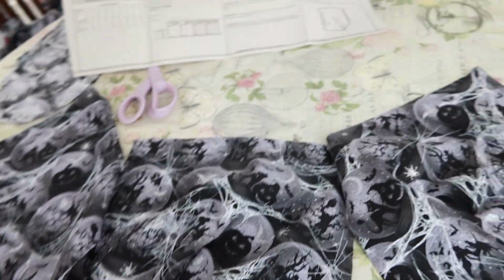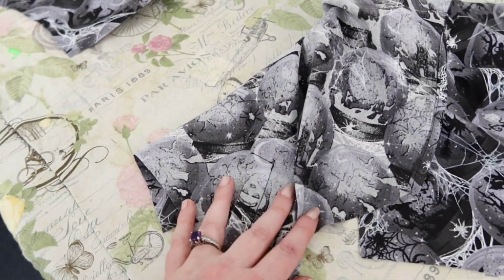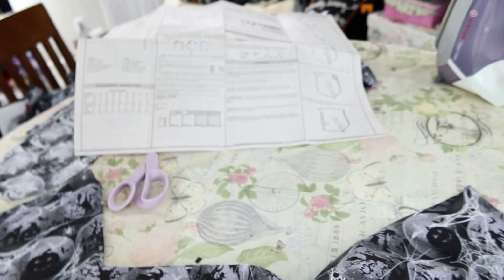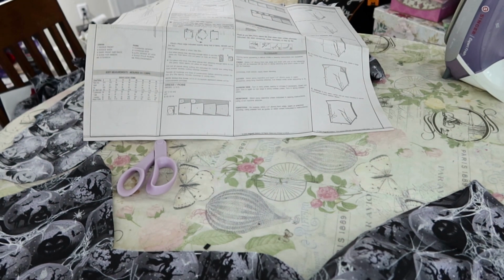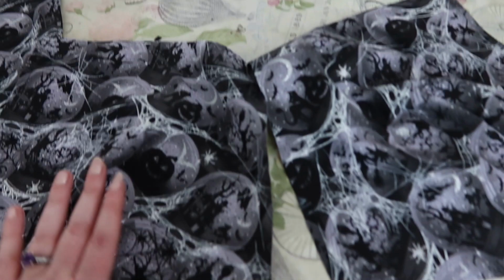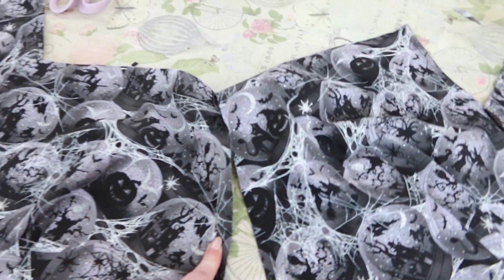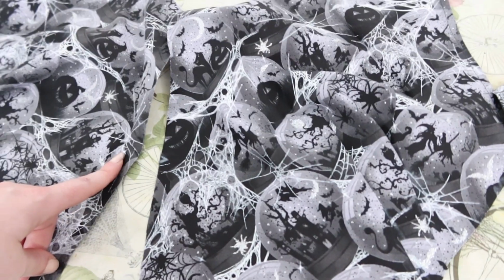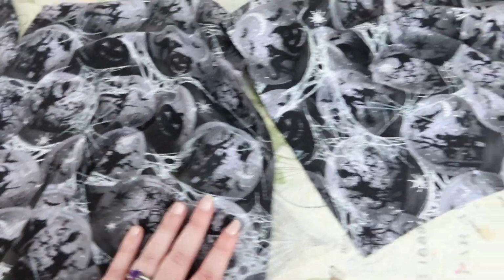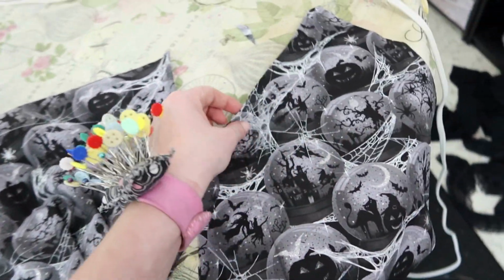Alright, so step 1 with this was to do my tucks, which are put in here. They're just little shapey doodads. And then it looks like the instructions, which are wildly overexposed, want me to do up my front seam, and then if I want to do something with seam binding, which I am not going to do, but after that they want me to do up the armhole